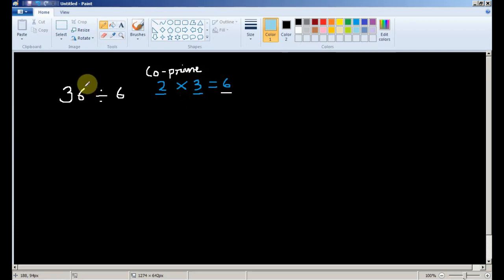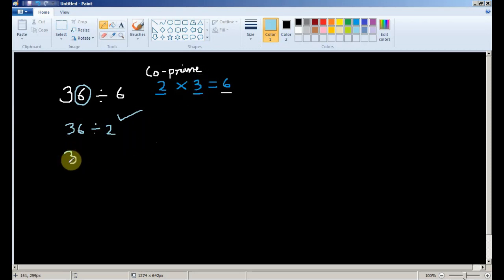So as per our divisibility rule, if the number ends with 0, 2, 4, 6 or 8, any one of these, it is going to be an even number, right? So 36 is divisible by 2. That is correct. Now we have to find out if it is divisible by 3 or not.